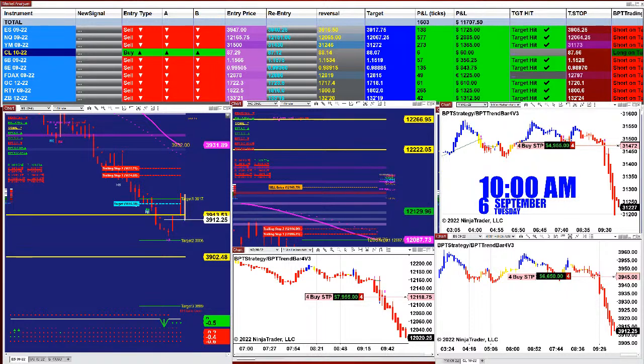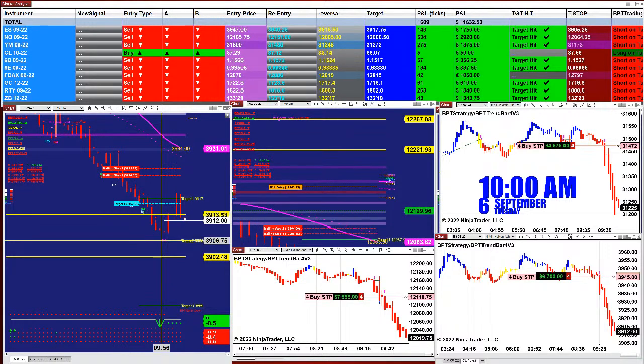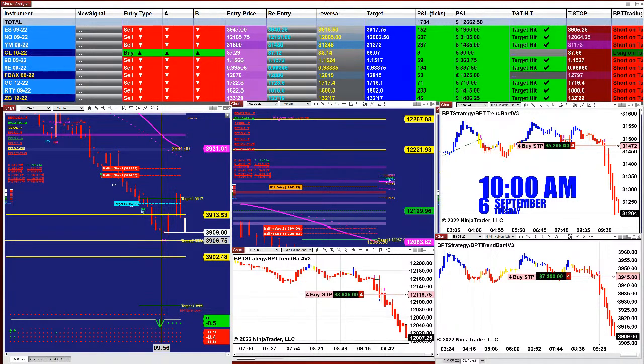The market is dropping. What happened if we look at the ES? This is an institutional level at 39.06, which was taken at 39.06. Normally, in the morning, it is target 1 and target 2. Those are institutional numbers. But it seems like we are going to target 3. So we will see if we are going to target 3.